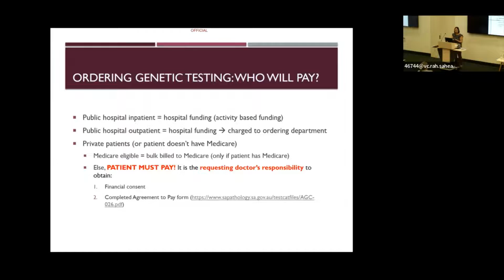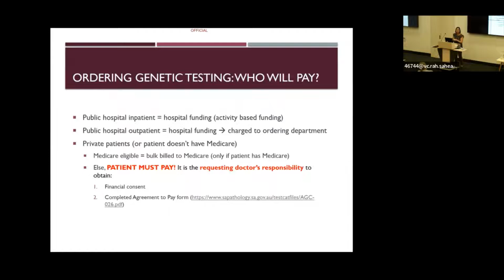If it's a private patient, Medicare eligible, then we'll bulk bill to Medicare. Obviously, only if they have Medicare. Otherwise, the patient must pay. And it is your job, please, as the requesting doctors, to get that financial consent, to talk about, guess what,